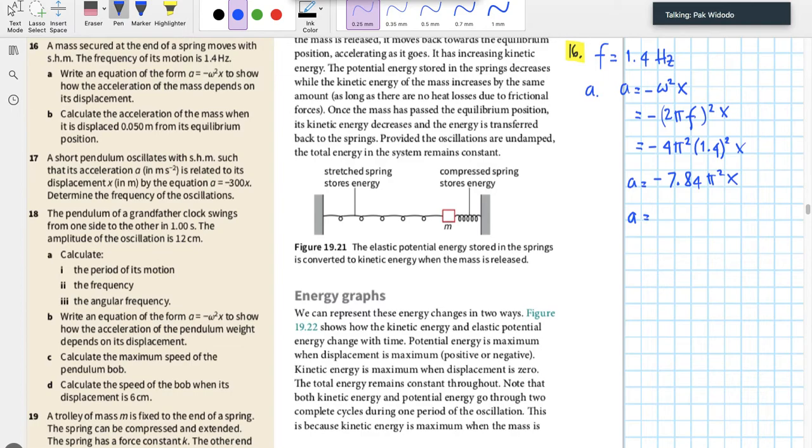Or if we change pi squared into 3.14 squared, yeah, this is like